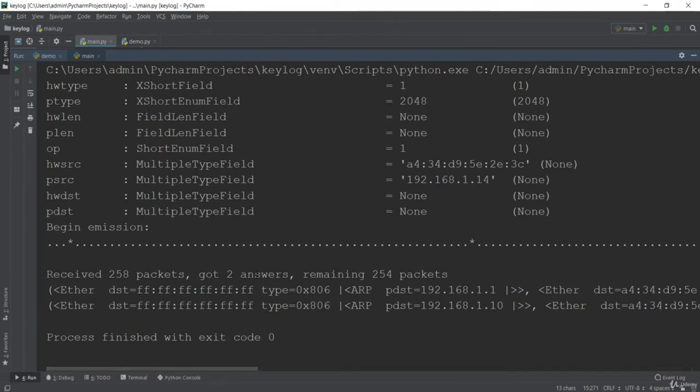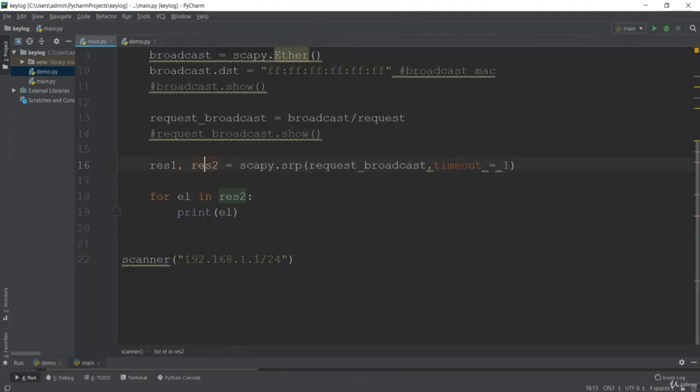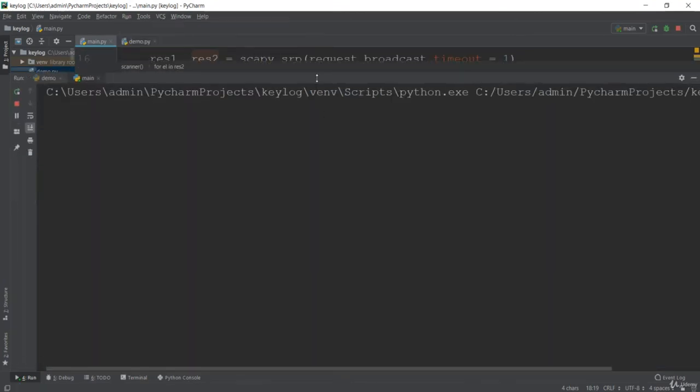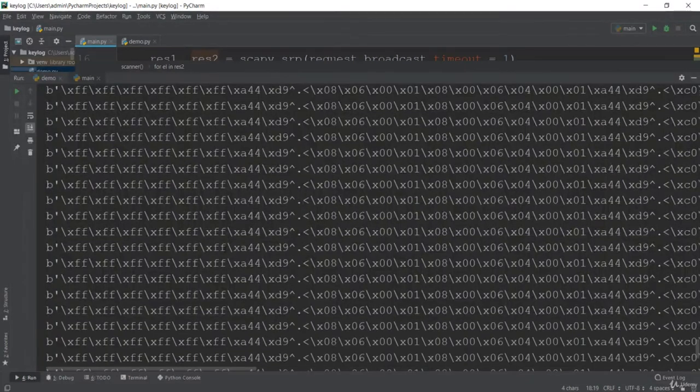So we just get some of these clients that have connected to us, or basically they have sent us the packet in the form of ARP response. We just get this response. So you can also see the unanswered part with this response 2. If you see, this is the response 2 which is unanswered. So let me just run this unanswered part over here. It will just take some time because it is much more than that of